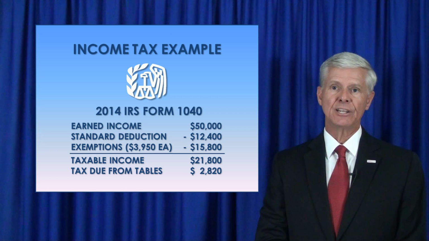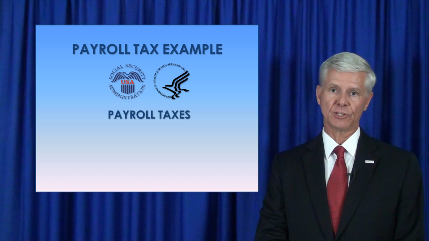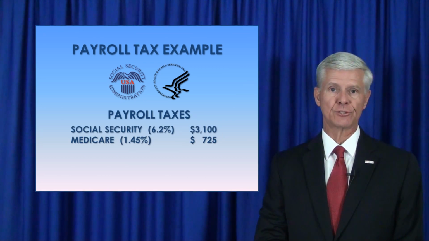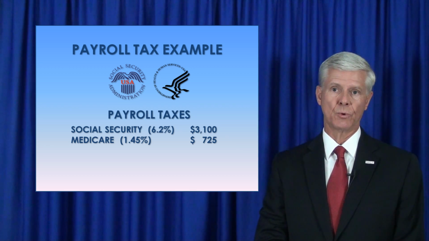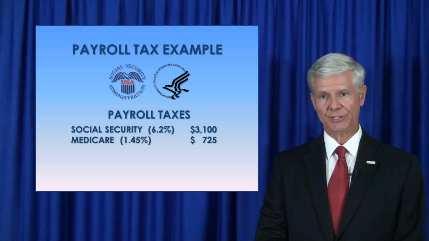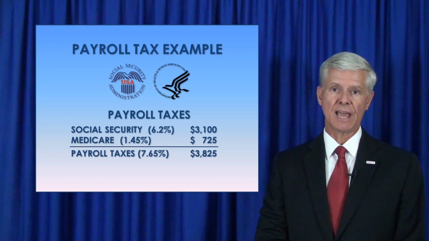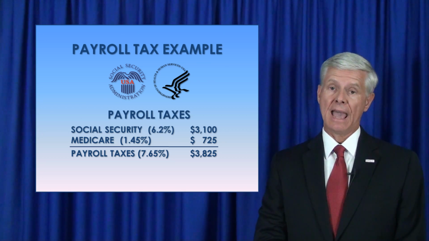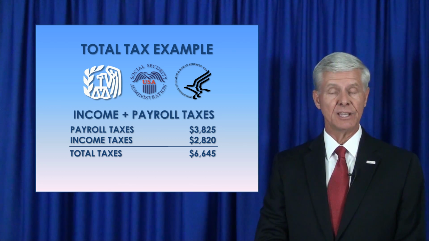$2,820. In addition to the income tax consequence, we also need to include the payroll taxes assessed on this family's earned income, which we will limit to just the employee share of Social Security and Medicare taxes. The self-employed have double the tax consequence, and so too employees, but that discussion is left to another presentation. At 7.65%, the amount of income seized for payroll taxes from this family is $3,825. And when added to the income tax amount, the total income and payroll tax consequence is